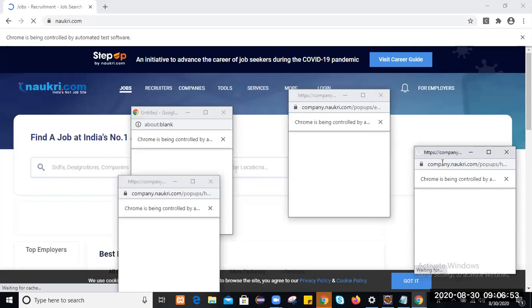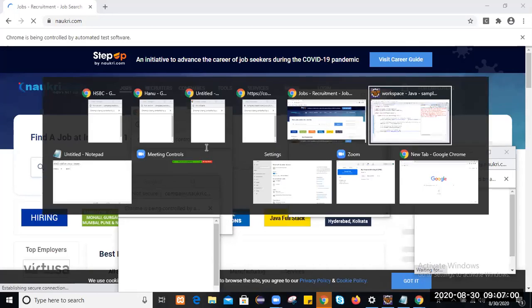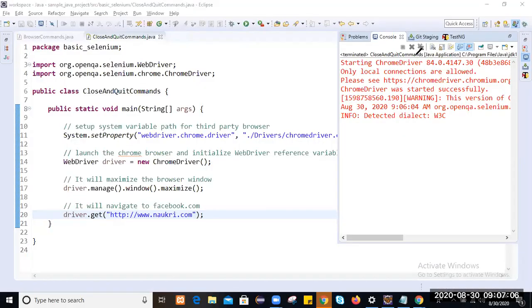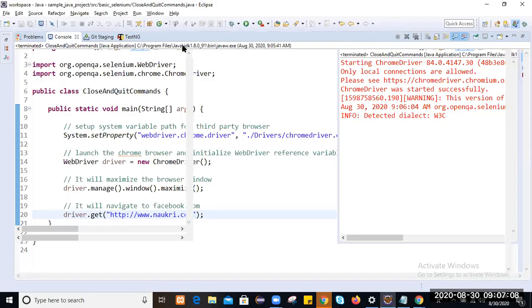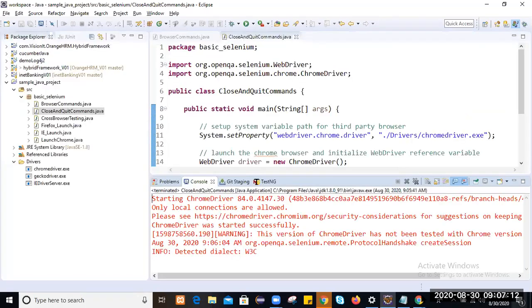So when you perform the close operation, let me close all the browsers.